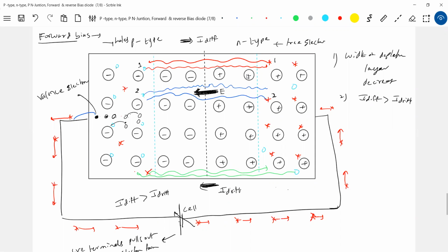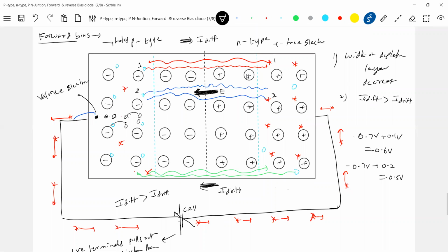Now let's say, what is the barrier potential? We said 0.7 volt, no? And I applied a bias here. So it's a similar idea. For minus 0.7, first I'll add 0.1 volt. How much will it become? 0.6. Net potential difference. For minus 0.7, if I add 0.2, how much will it become? Minus 0.5. So what's happening to the barrier potential?